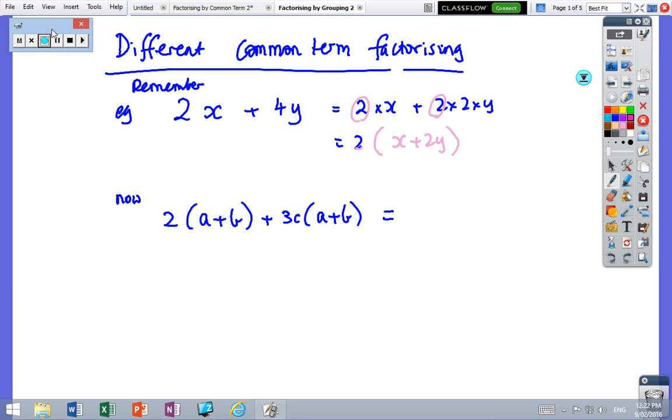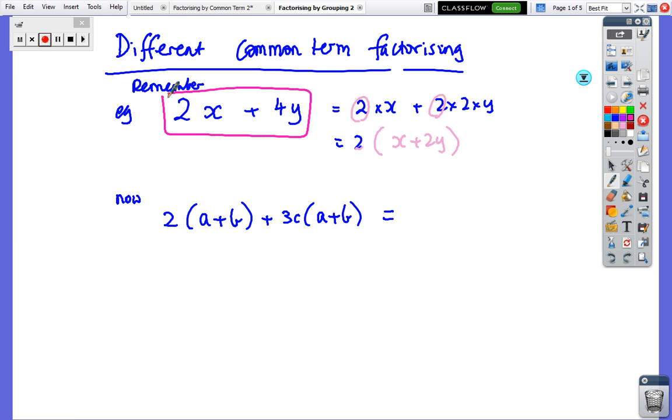Okay, so we're looking at another factorising technique. The last one was common term, but we'll just start off with a reminder about common term factorising. So if I've got 2x plus 4y, that's my question. We write out the factors, we circle the common factor, write the common factor at the front, and then leave